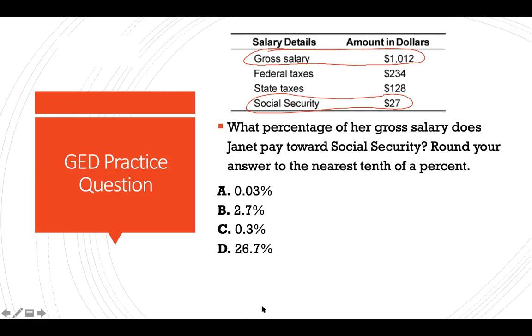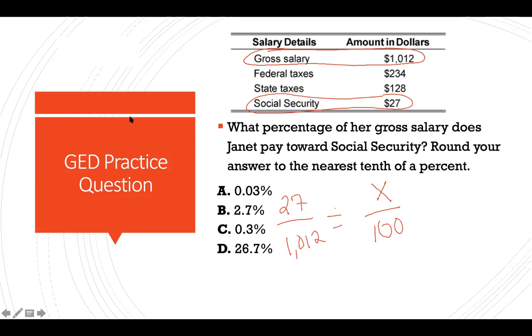This is just a proportional relationship really, right? Because what we're being asked is what percent out of 100% is $27 of 1,012. So we can do a cross multiplication